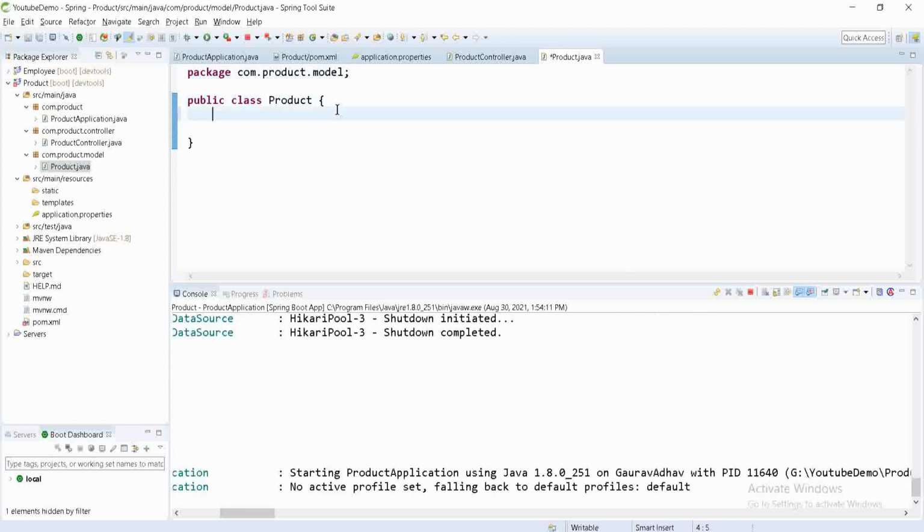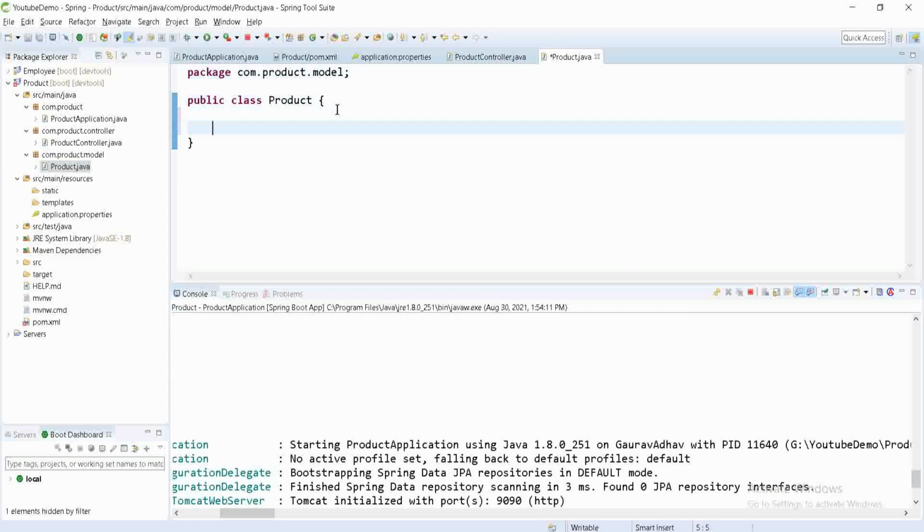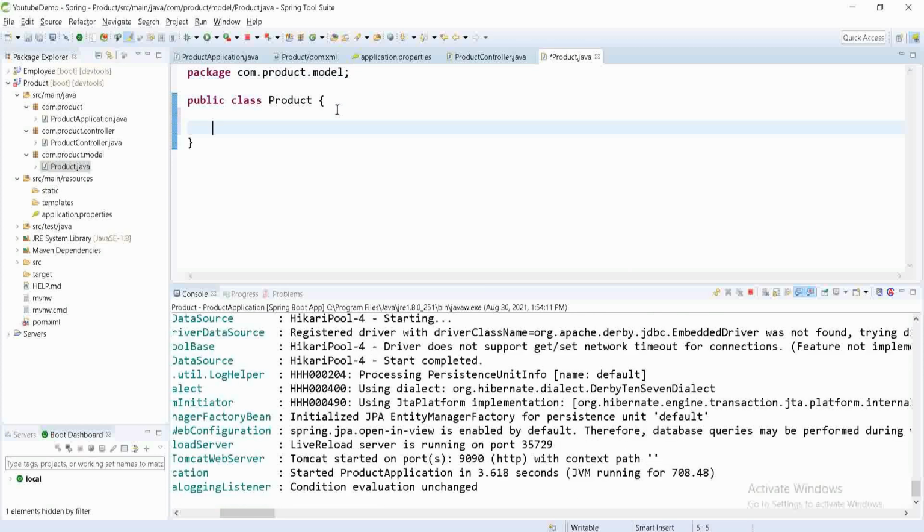So now we have to specify here the parameters that we are going to insert into this product. I'm going to use String id, then the name, then the cost of this product. So for now I'm just taking these three parameters. Now let's start creating the constructors for this.